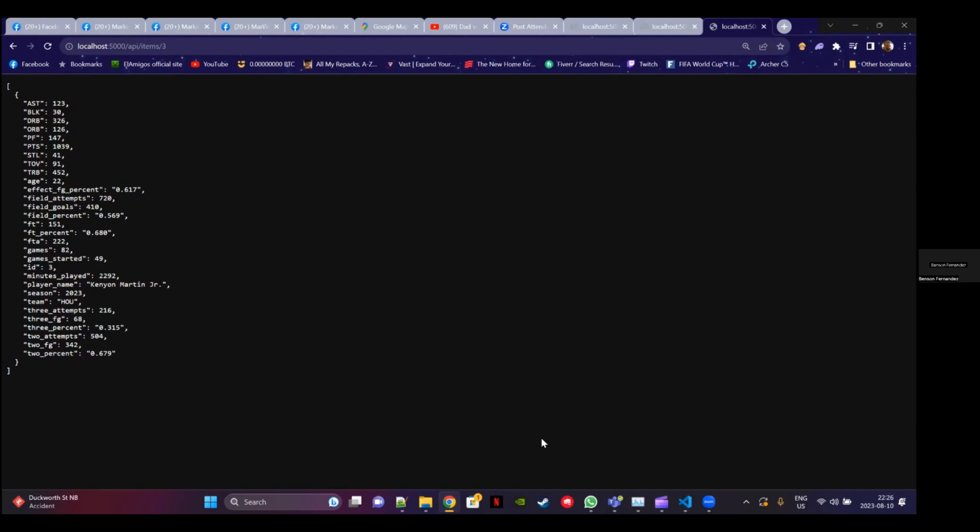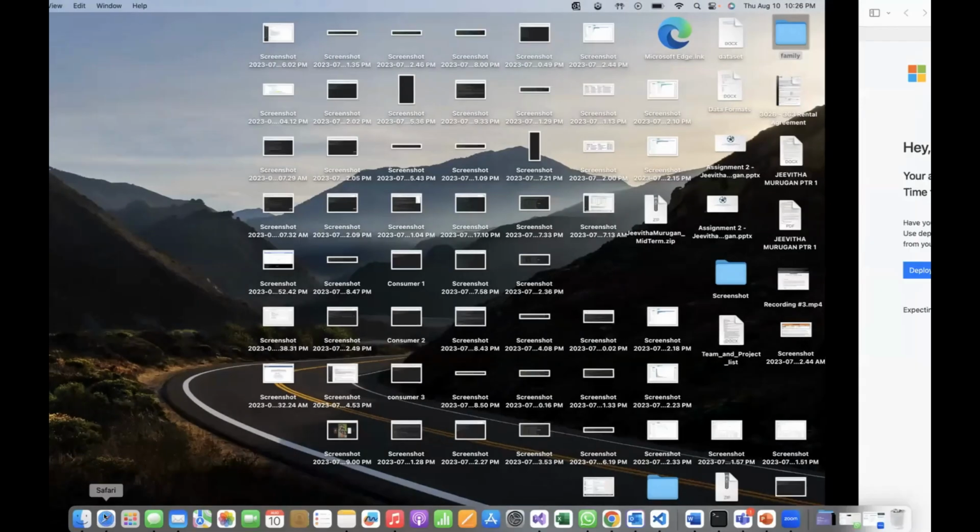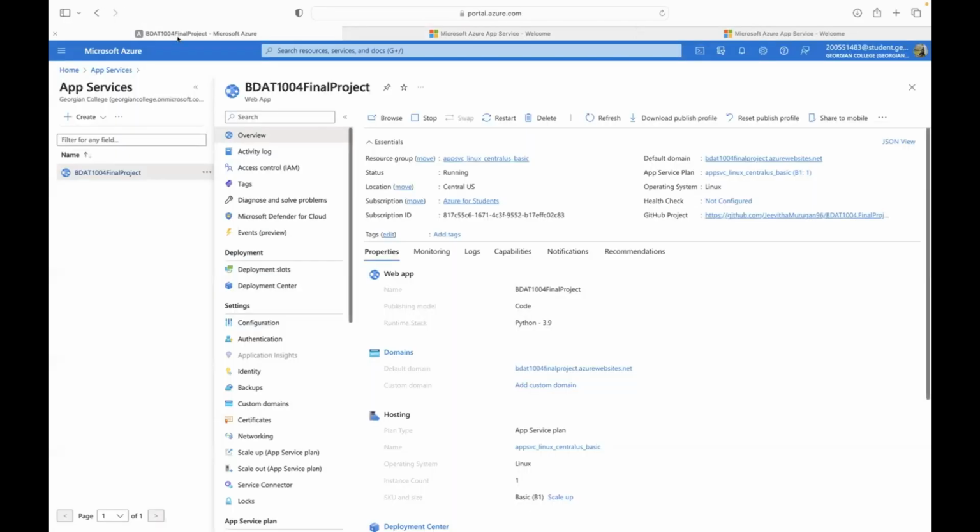And now let's move on to hosting a Python web application on the website. As you can see, first we tried to host an application in the